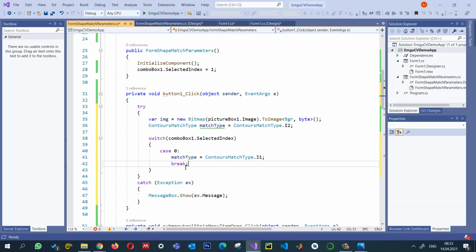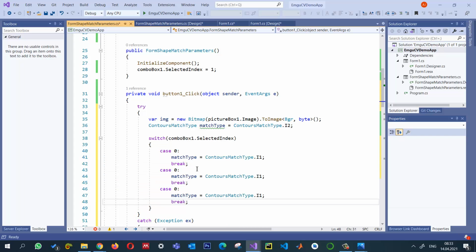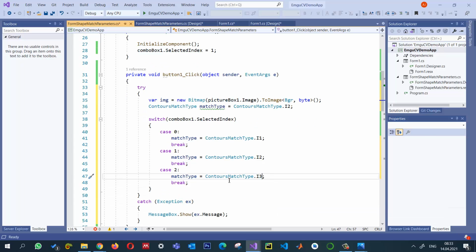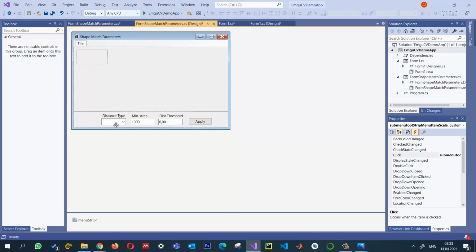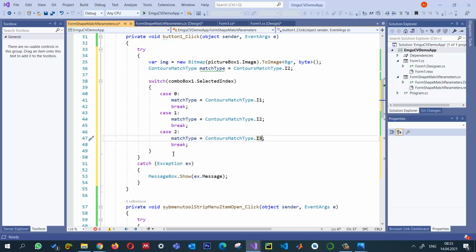Okay, and I can copy it and then paste. So if it is 1, what we will do, if it is 2, what we will do, then it means it will be 2, and then it will be 3. That is the only thing that we need to do. So we will select one of the distances, and then the minimum area, we need to convert it into a